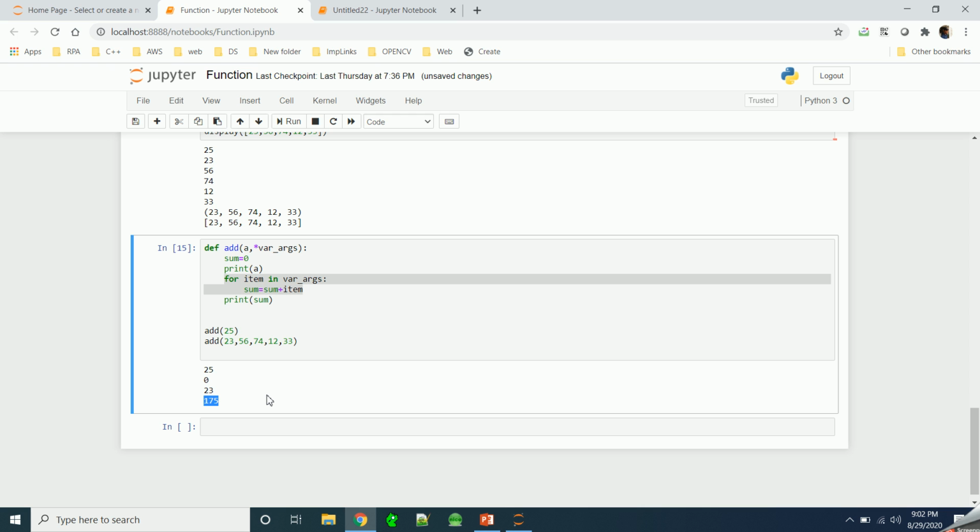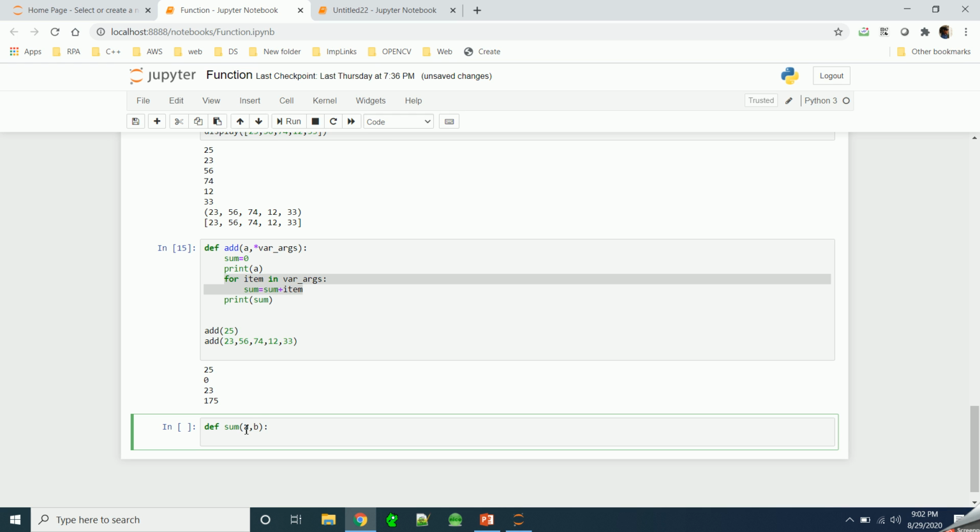Okay, so this was about functions and the various ways you can pass the argument. One thing that we have not seen till now is returning a value from a function. So let's write a simple function which performs a sum operation of two numbers a and b, and it stores the sum into a variable called c.